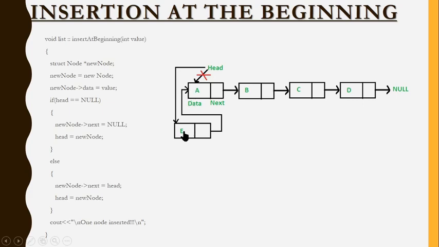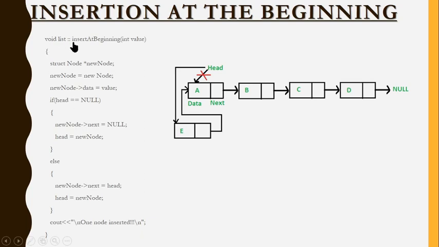So now E becomes your first node, A second, third, fourth, and fifth. Once you're done with that, you have to name this node as the head node, because this becomes your first node. This is not your head anymore. E becomes your head. So these are the two steps if this is going to be inserted with the existing linked list nodes. Keeping this logic in mind, let's look at the code.